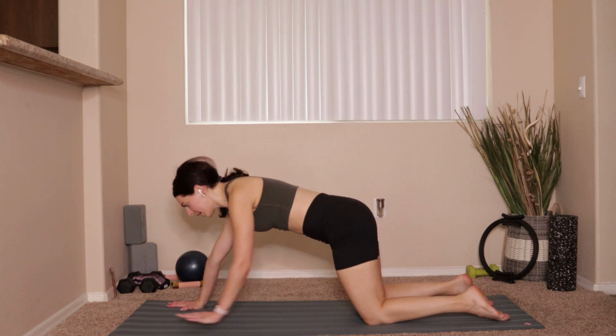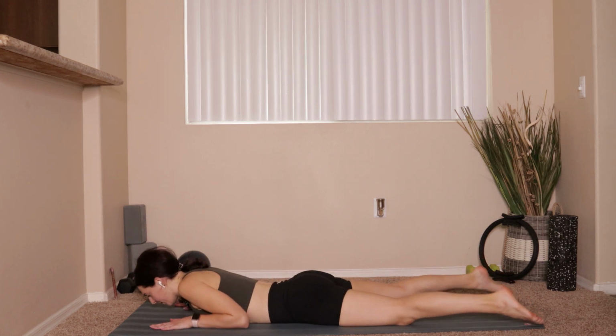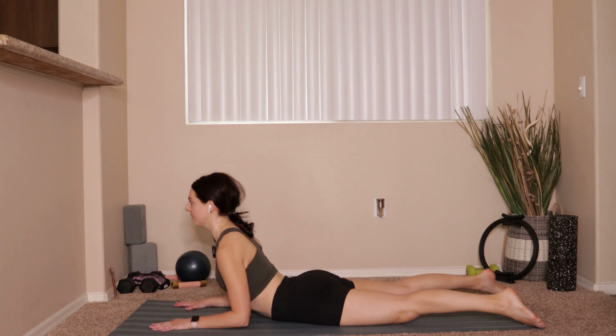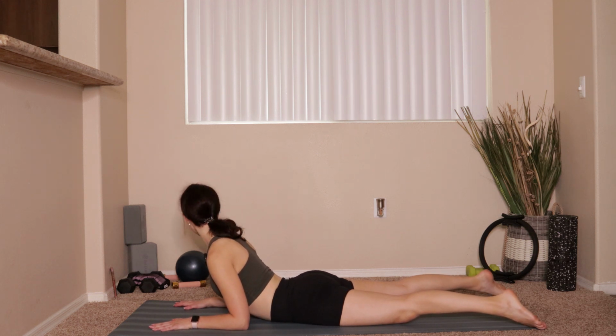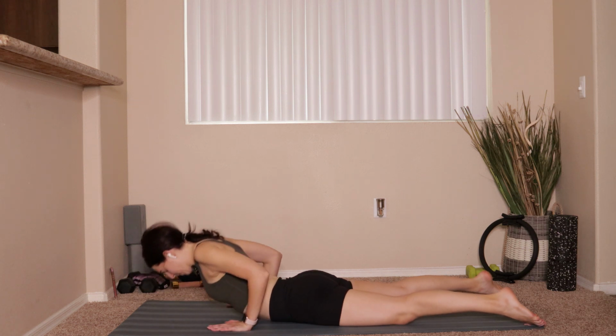Good. And then walk your hands all the way out. Legs are gonna go right back behind you. We're gonna take one little baby cobra. Exhaling to push into the heels of the hands. We'll lift the chest so we find some back extension. Look over the right shoulder, through center, over the left shoulder, through center, lower it down, and then press yourself